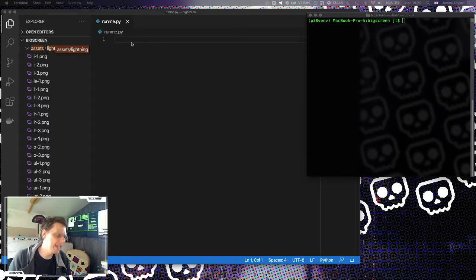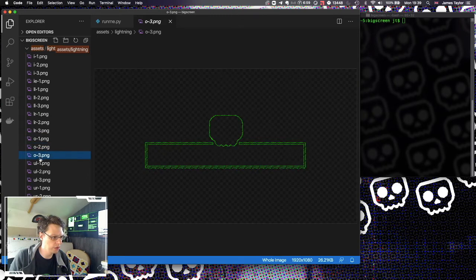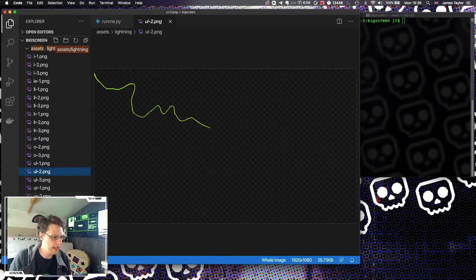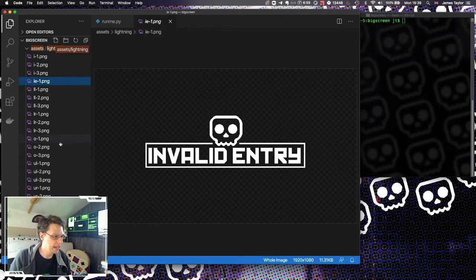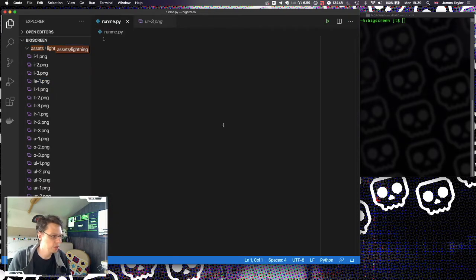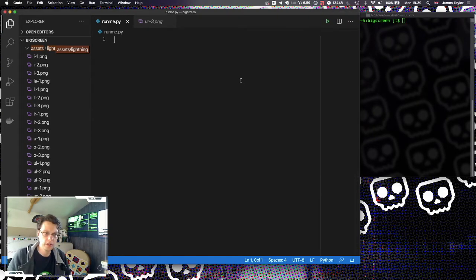So what we have here is a Python Explorer. I've started a folder. These are all the individual assets I said. They're all coded, like there's the outline of the text in the middle, there's the upper left, and then there's upper right, lower left, lower right, and then the inner and the actual invalid entry logo that we have going on. So what we're going to do first of all is we're just going to start by instantiating the Pygame classes. I'm going to be running on this virtual env on this computer, and then I'll transfer it over to the Pi later on. So very basically,